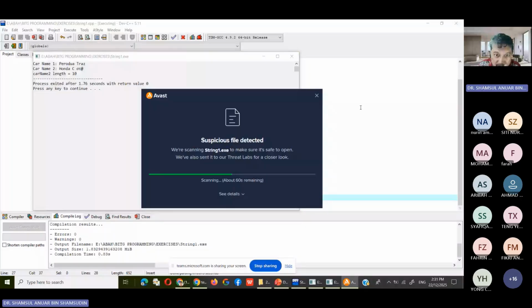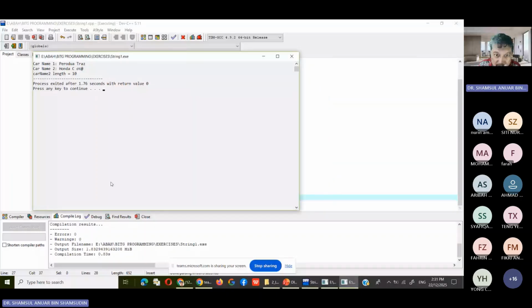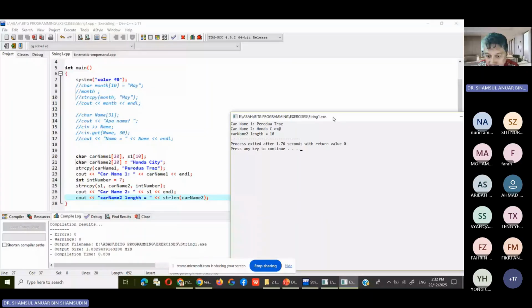Okay, here, what is that thing? Car name 2 has a length of 10. Okay, so you have to bring over here. And this Honda City has 10. Let's see. So Honda is 5. The space is 6, 7, 8, 9, 10. So up to the whole word, Honda City has 10 spaces. And car name 2,